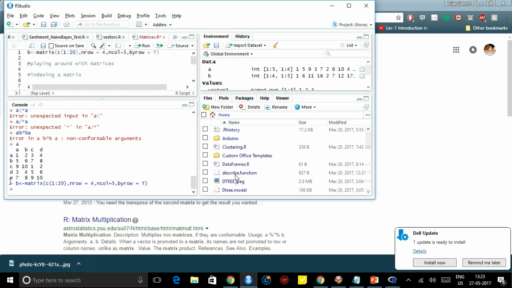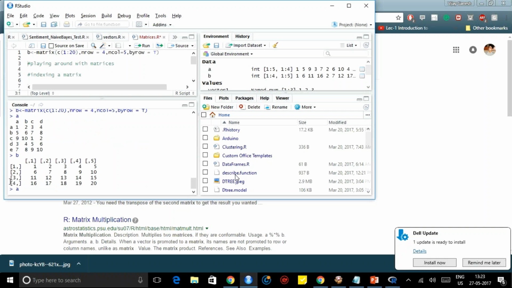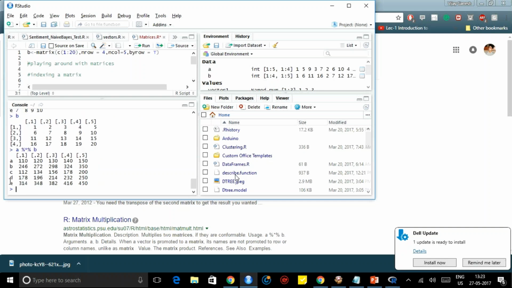So we have A, we have B. So now we can do A percentage, percentage. So the matrix multiplication.